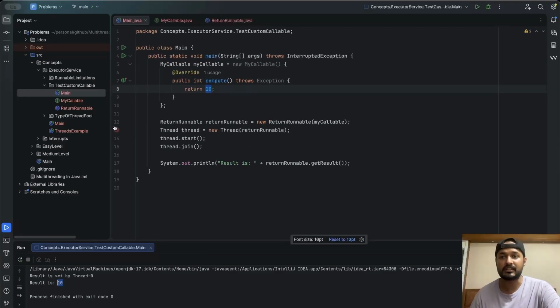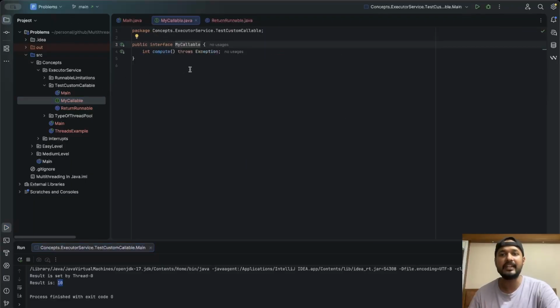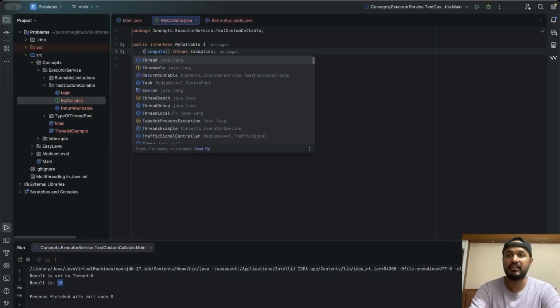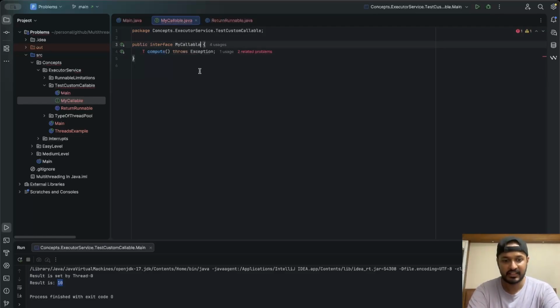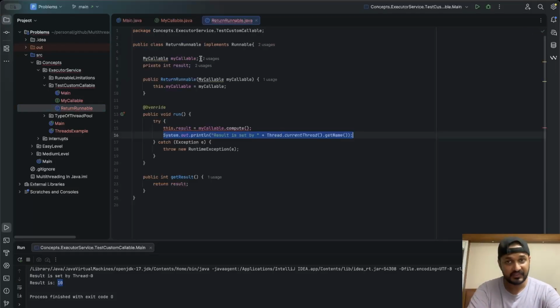Our next step is to go ahead and make the my callable interface generic. So instead of integer, we will return T, correct? Here also we'll write T, so it returns a generic type. Inside return runnable as well, my callable, this is fine.